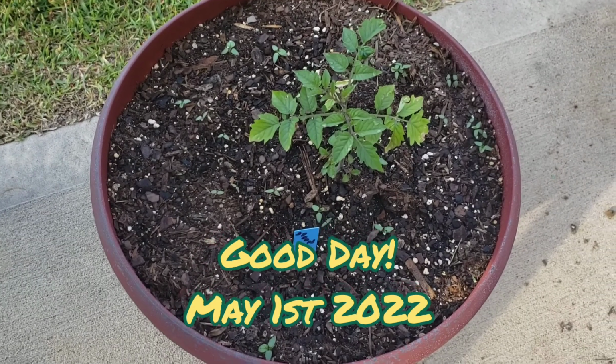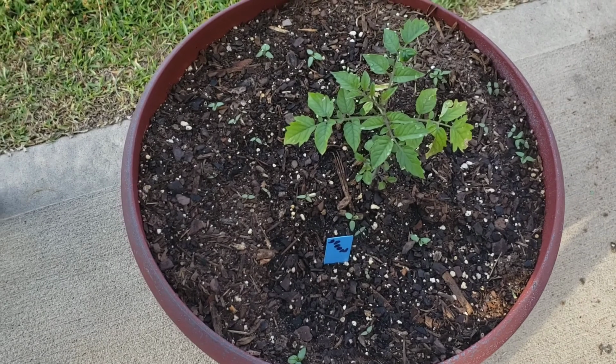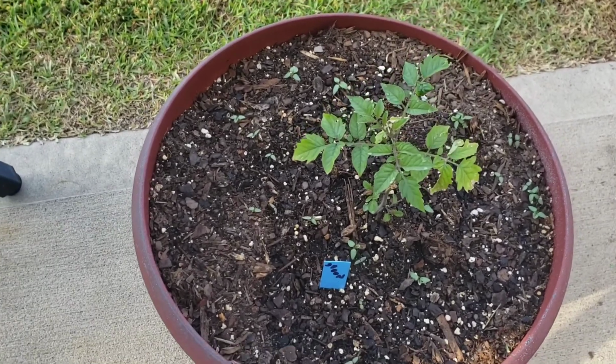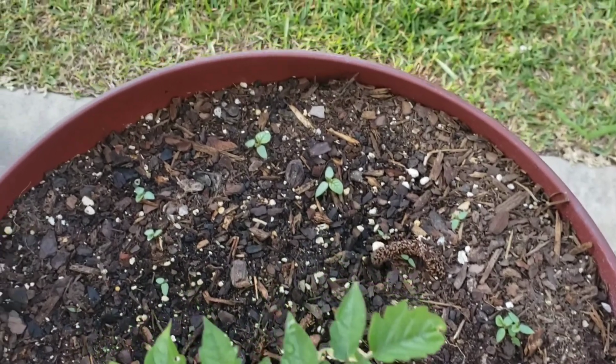This is the first thing that I'm going to show. This is a spoon tomato. I hope that I can get some tomatoes from it. It's in a container. First time I'm doing this. I'm not sure what are all those that are growing